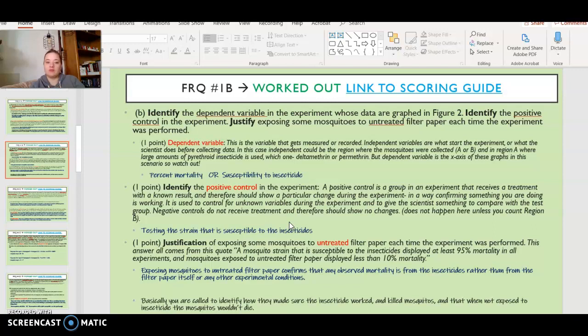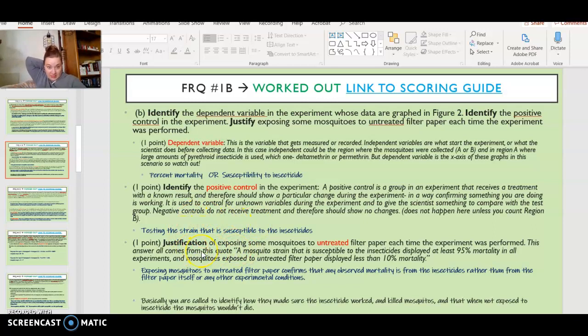If we were looking for a negative control in this group, it would be to not test them with insecticide, right? It would be just like, let the mosquitoes do their thing and we should see them not dying. That tells us that our insecticide is working. We have a positive control working on that, a different group, right? So, and